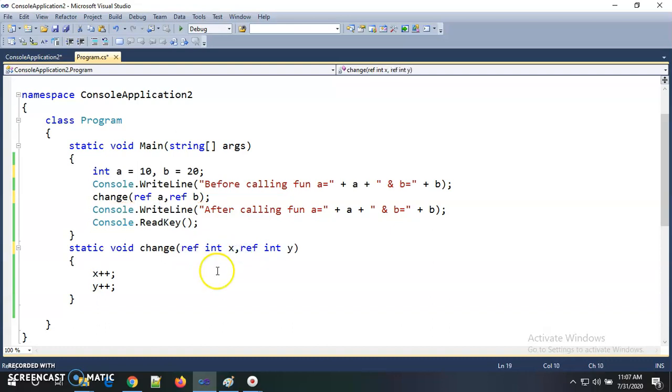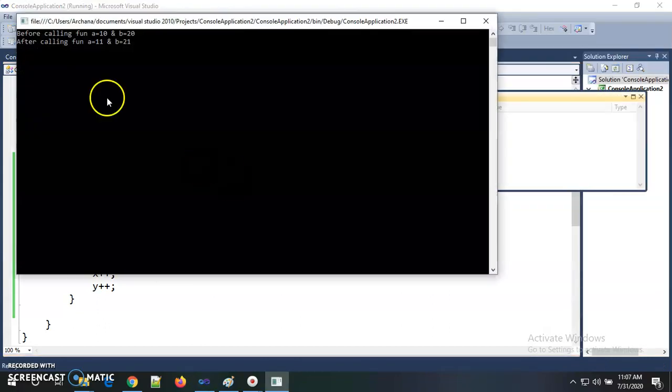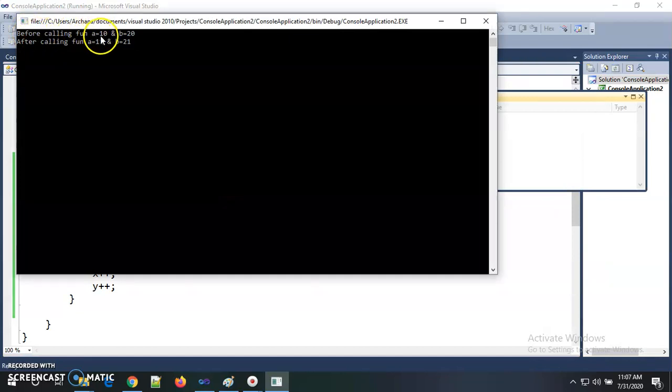Now what happened? See, if I run this program, what is the output? We will check. Now this is the concept of pass by reference. I am getting the output: before calling the function a is equal to 10, b is equal to 20, and after calling the function a is equal to 11 and b is equal to 21. Means here the values are changing.